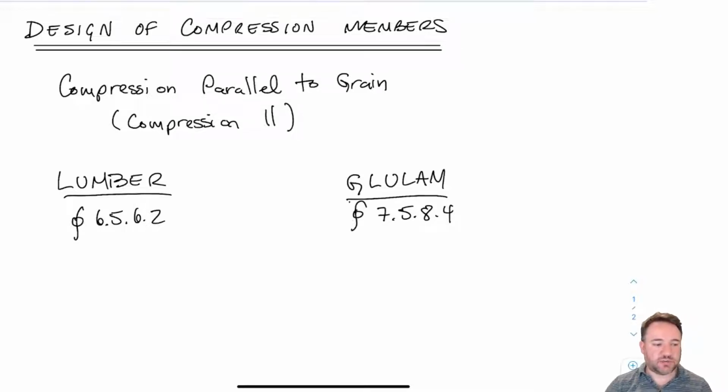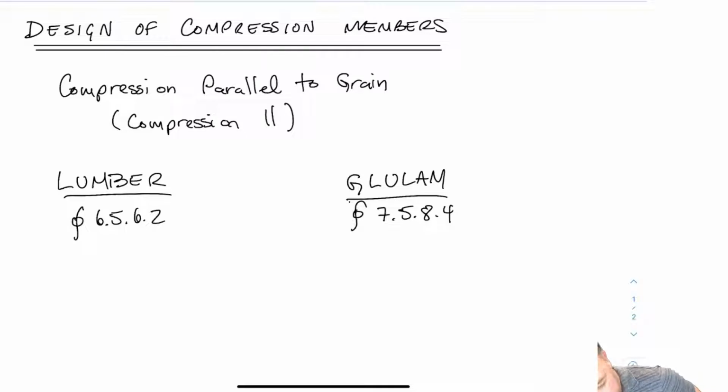There's lots of ways that we can run into this, but a compression member is an element that is going to take compression parallel to grain. We're going to talk later about how to design for compression perpendicular to grain, but those cases are mostly for bearing locations where one piece is sitting on another. So the primary use of that piece is probably not for compression perpendicular, but we have to design for compression perpendicular just as a function of designing a beam or something like that. What we're talking about today is members that are loaded like this, compression parallel to grain,